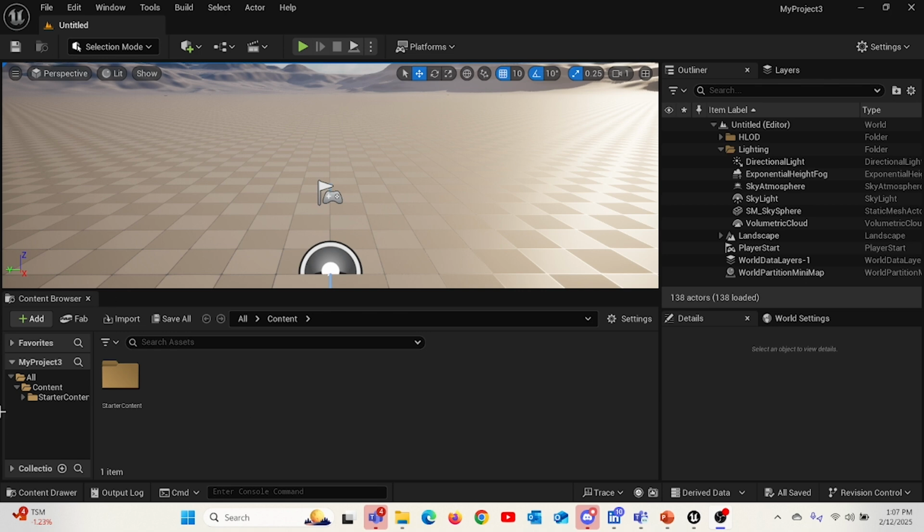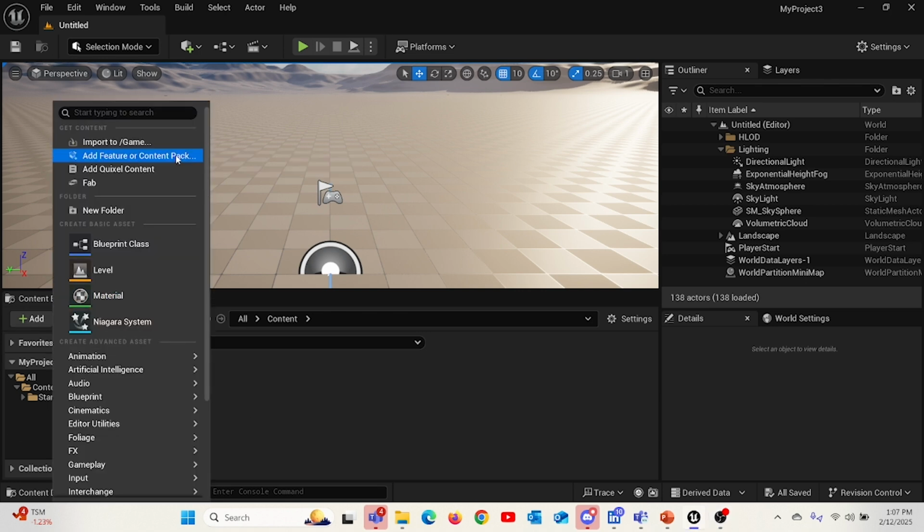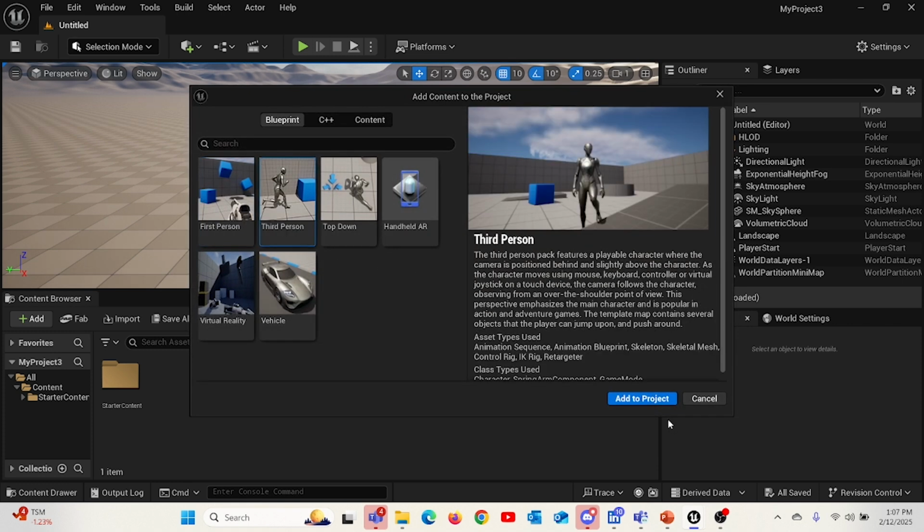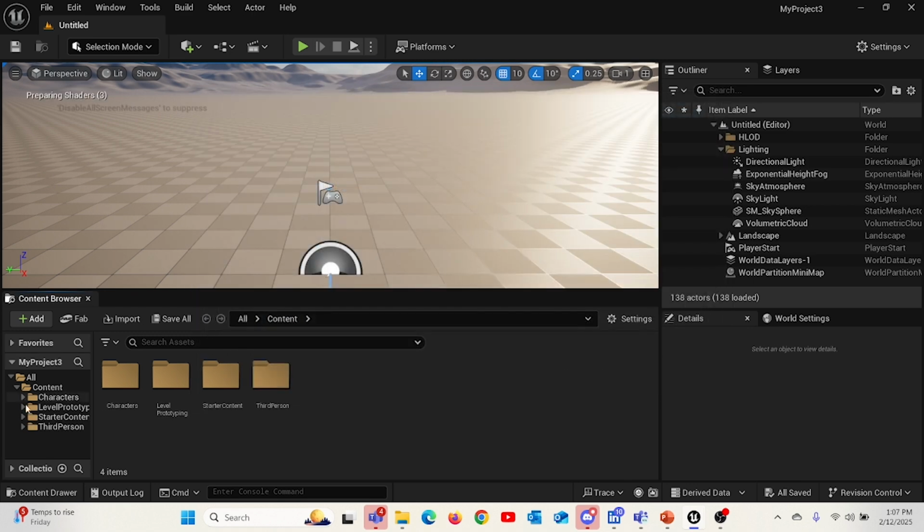So first things first, I'm going to click Add, and I'm going to go to Add Future Content Pack, and I'm going to add a third person. I'm going to add that to my project first. And it should add it to the project,